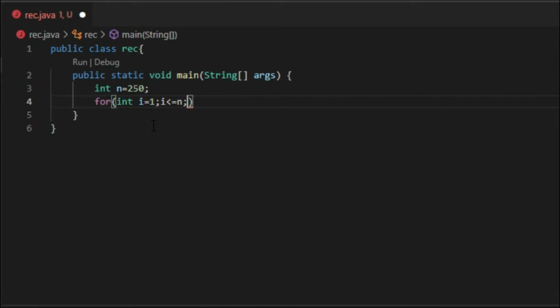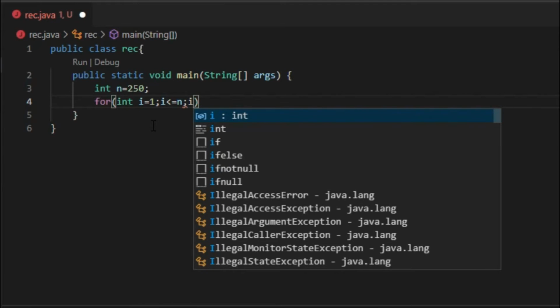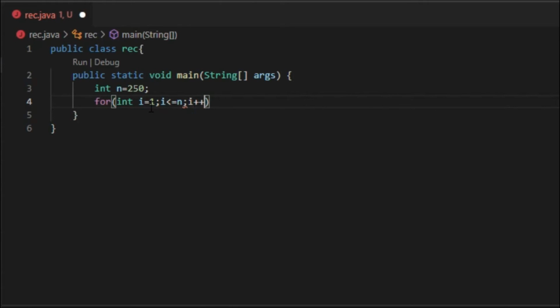Now finally I need to assign if this value will be incremented or decremented. Initially it is 1, so it will be incremented, so it is i++. Plus plus is post increment, that is once the value has been utilized it will be incremented. So initially it will use the value 1 in the loop, whatever statements I am going to be writing, and then it will update the value to 2, then 3, 4, till 250.